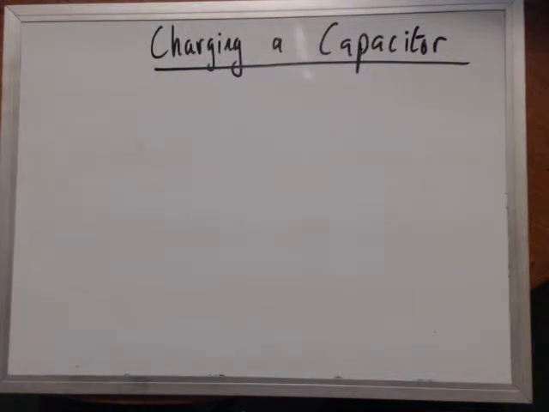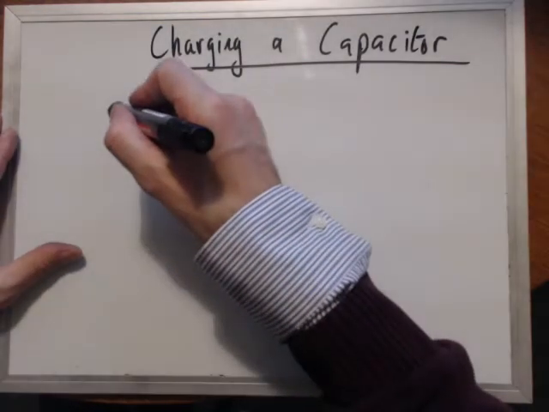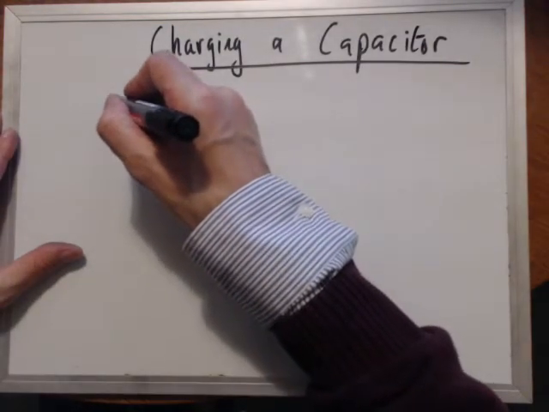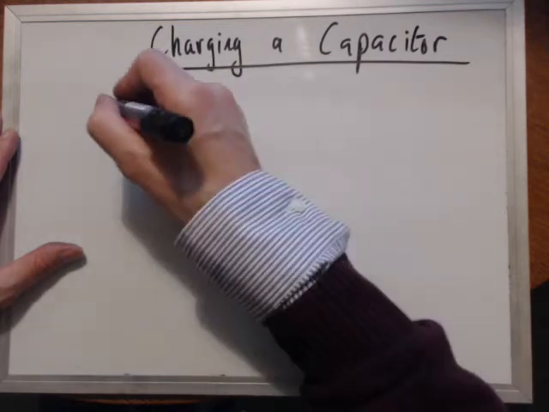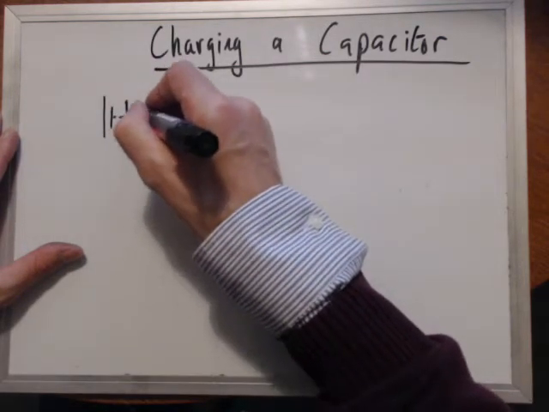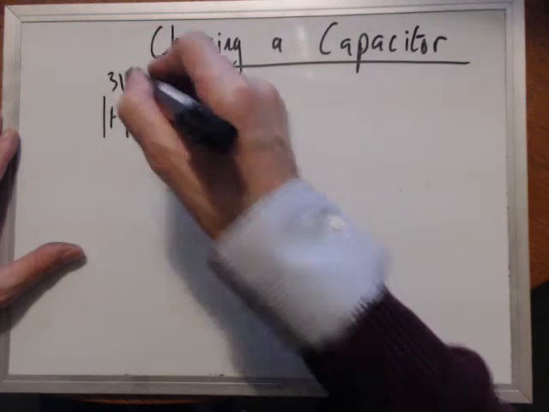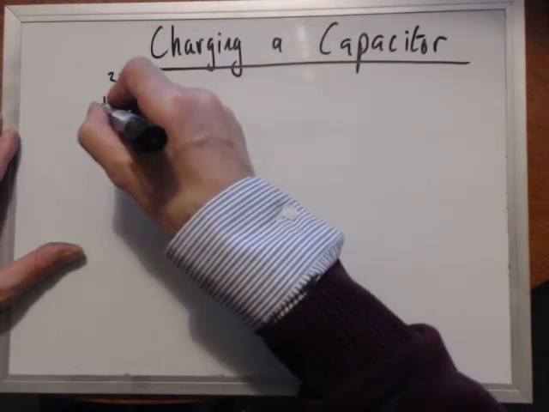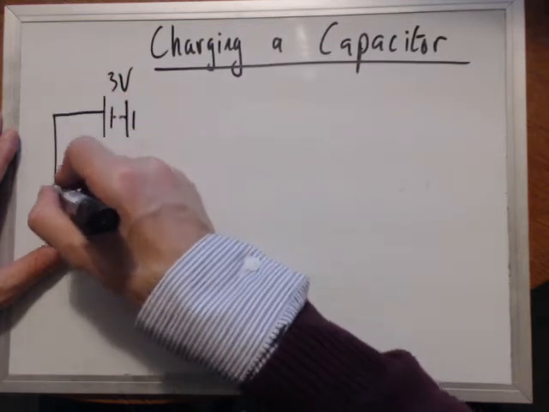Hello, in this video we'll be looking at charging a capacitor, and the equation and the graph. So let's draw a simple circuit to begin with. Let's say we have a 3-volt battery, like that, so it's 3 volts. And we'll draw it in the typical circuit where we have